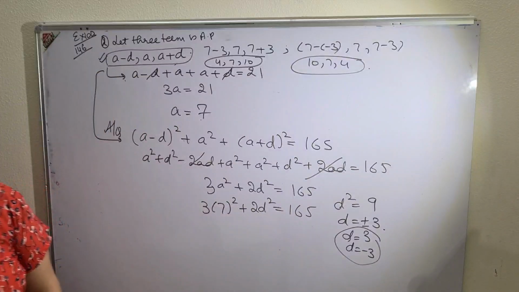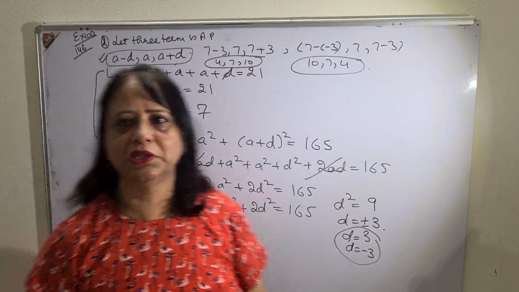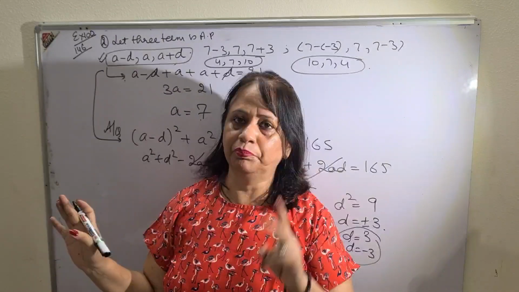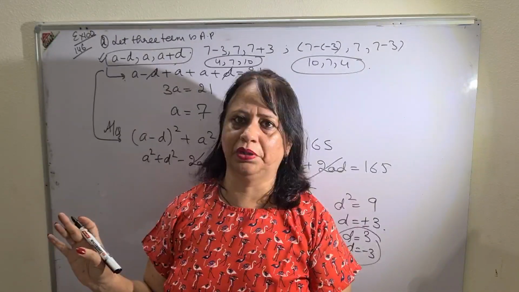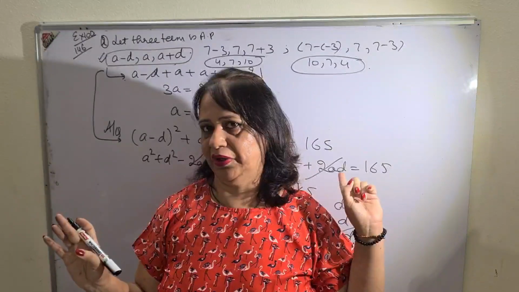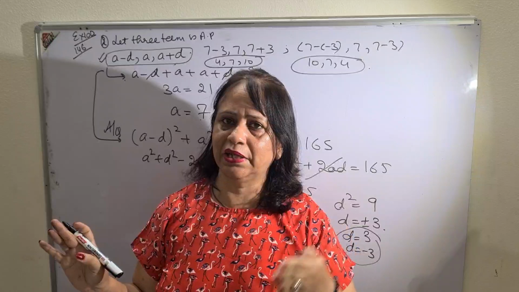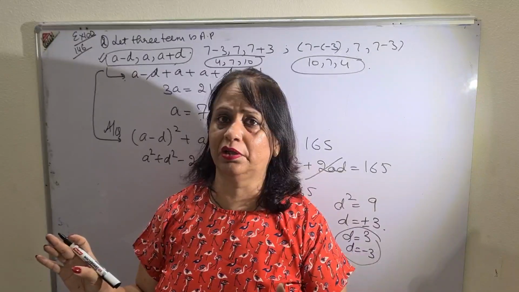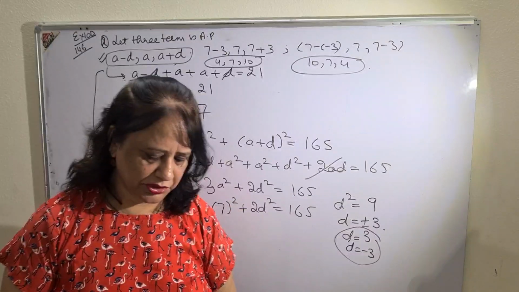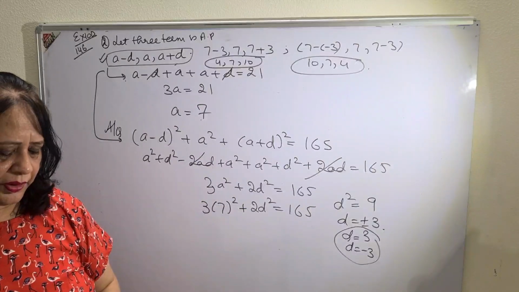That is why I have done this sum, because calculations you people can do, I know that. But how to present it? Both values are to be taken. And please present the AP terms in this way: one AP series, second AP series, don't change the order. If you change the order, you will not get marks. Then coming to question number 4.